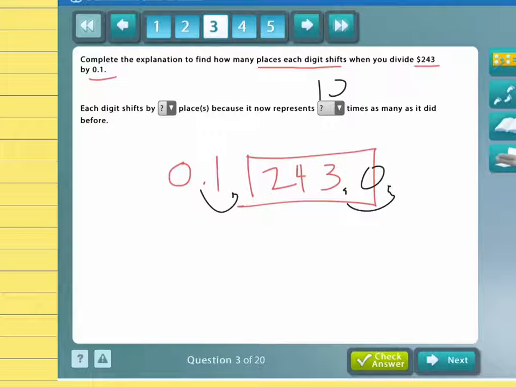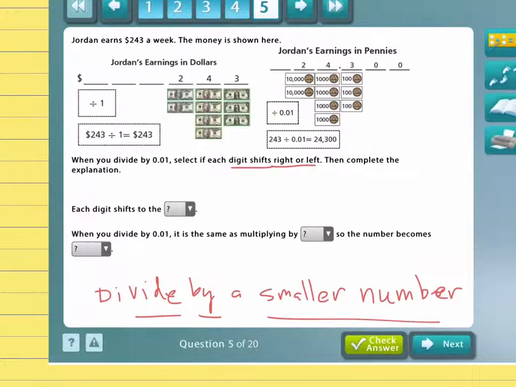If you were going to divide this out, 1 goes into 2,430 times. So it's one digit shift to the right. Now in this problem we're dividing by 1/100th, so each digit is going to shift to the right 2 times. It's a double shift. You can see here 2 decimal places. So each digit shifts to the right 2 times. It's the same as multiplying by 100, because there is 100 times as many cents in $243 when you divide